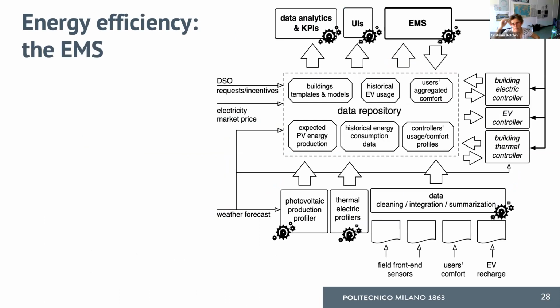Altogether, to try to have everything in the same picture, if we look from the data point of view, this is the data repository with all the information coming from the collection of the data, how they are organized, and how the EMS, so the energy management system, takes this information in to gather the information and put the strategies to control the spaces, as well as other information to extract data analytics, KPIs, and provide other information. So this is mainly the same information organized in a different way.